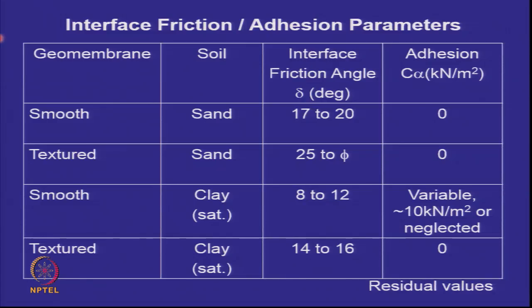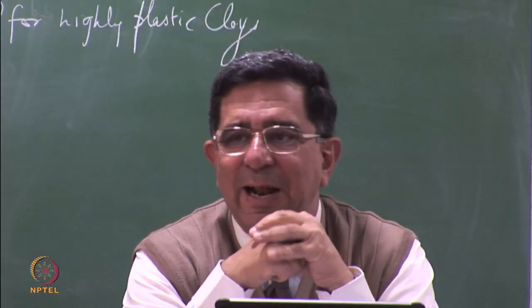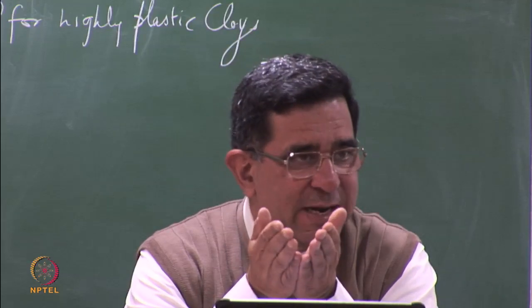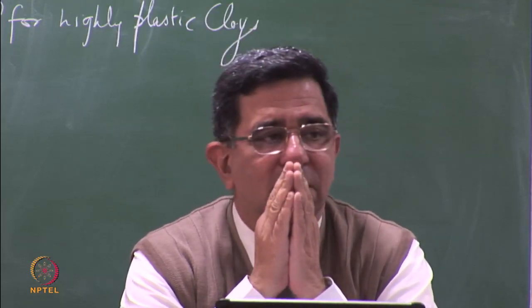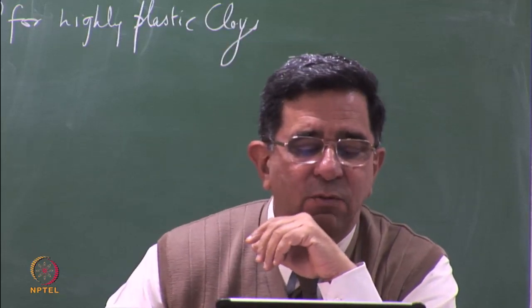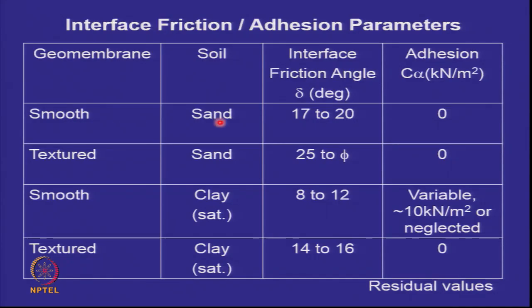So let's look at what values we get. Historically, we started with smooth geomembranes. For the first 5 to 10 years, before we realized how terrible it is, and before we got the technology of making texturing, we started with smooth geomembrane. So let's look at what happens if you have smooth geomembrane and the soil is sand. How will you find these values? How will you find interface friction values? By doing